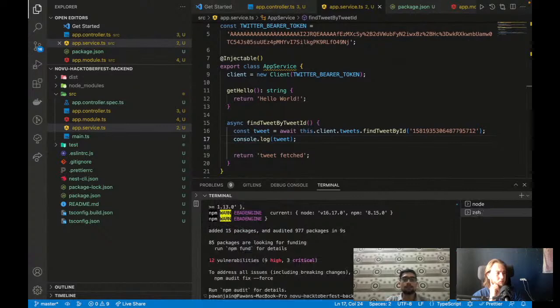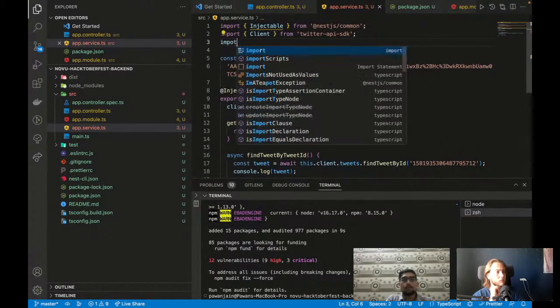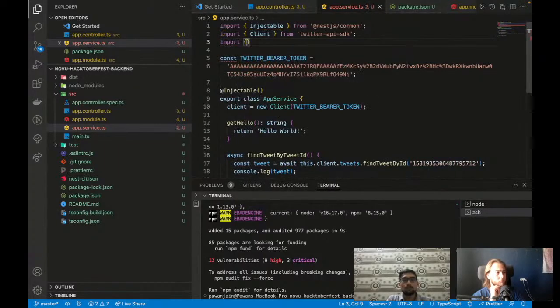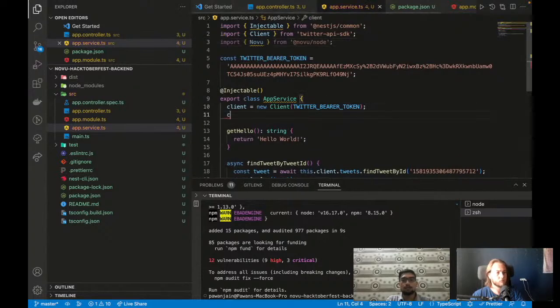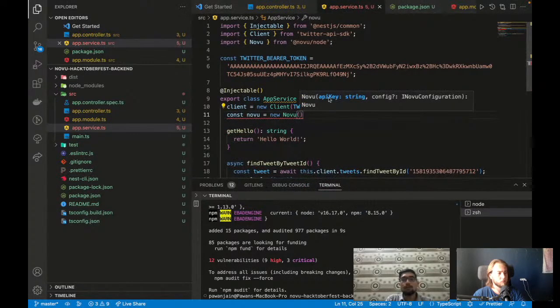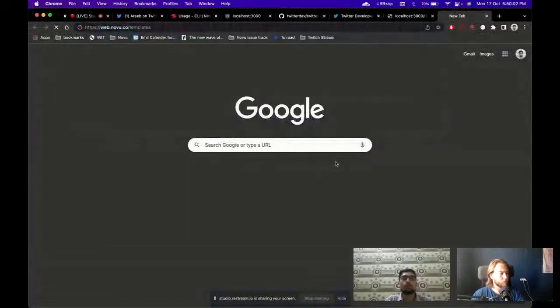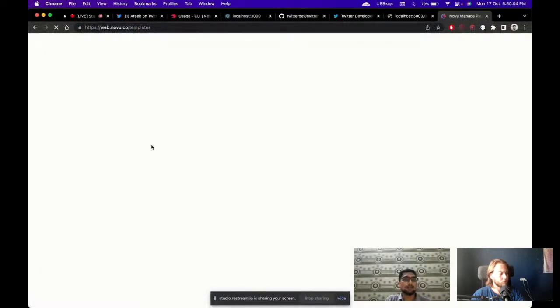So I will be using this. If I go import Novo from novo-node, and then const novo is equal to new Novo, and now it will require an API key. The API key I will be getting from the Novo portal. I go there, and